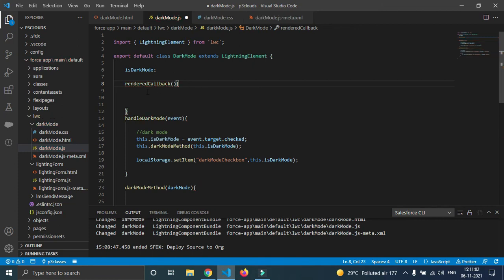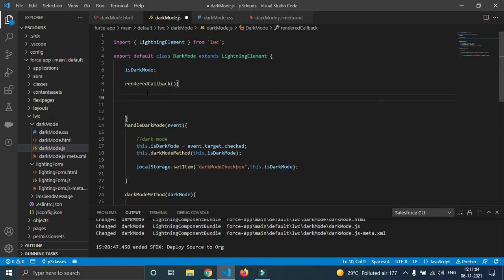Whenever you refresh the browser, it is going to call this method. In this method we are going to check what was the last setting